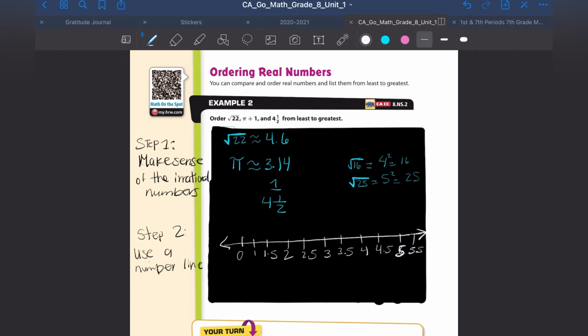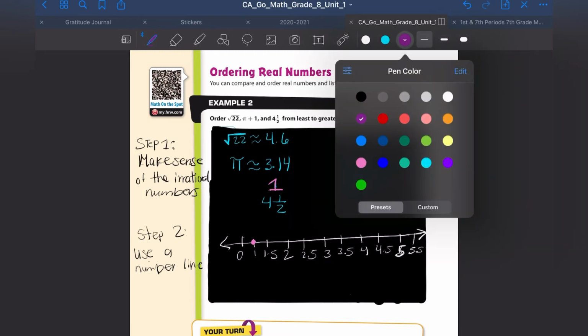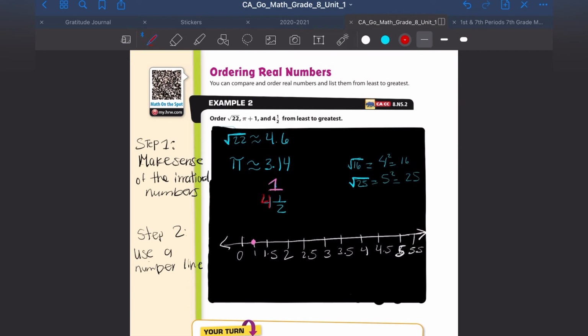In that other direction. So now let's plug in our numbers. We have 1 here. Another number that we have is 4 and a half, so that one goes over here. Another number we have is pi, which is 3.14. So 3.14,